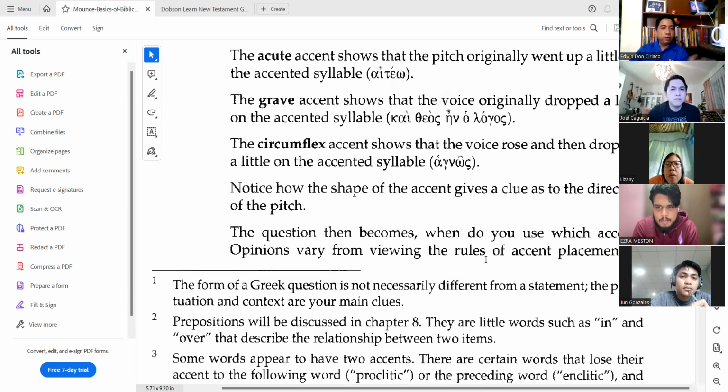We could not change the accents. The Greek scribes placed the accents there, so we do not change them. We cannot change the rules for them. You will say the pronunciation is wrong? No, who are we to say that the pronunciation of the scribe is wrong? So we just have to follow, but the question here has something to do with